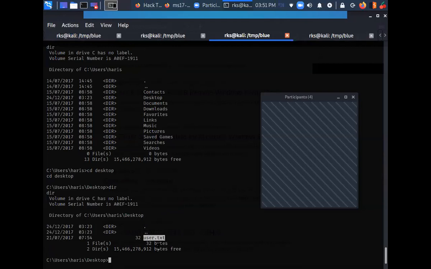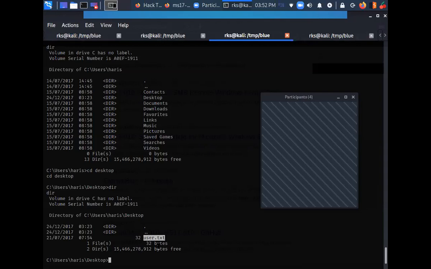So how can I read this file now? Can anyone tell me? I want to read this text file. Download it and read. Can't download? Is it possible? I want to read it in my terminal itself.